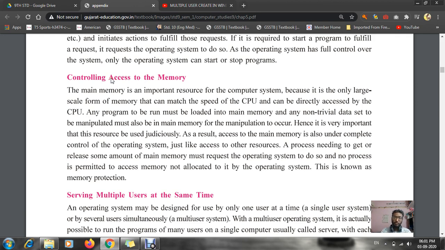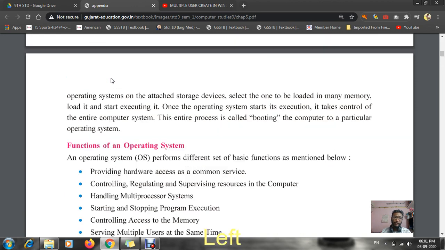In your previous period we started a topic known as functions of an OS, that means what all functions are done in an operating system.